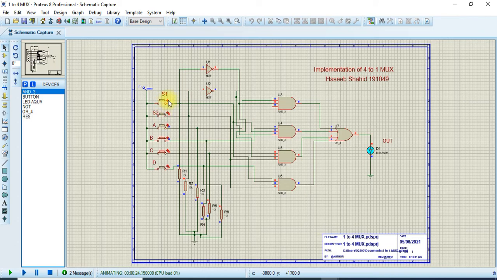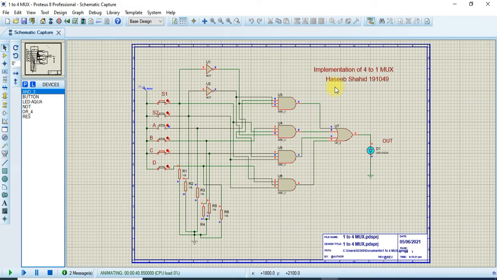As you can see, I'm going to head towards our truth table. We can easily see that when 0 1 is applied as the selection input, the third input is displayed at the output. If 1 0 is applied, then B is represented at the output, and when 1 1 is applied, then D must be represented at the output, which is also 1.